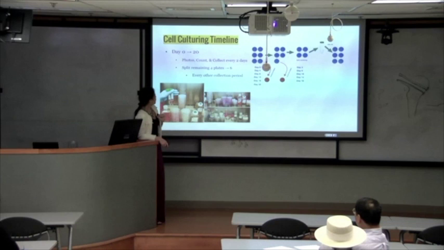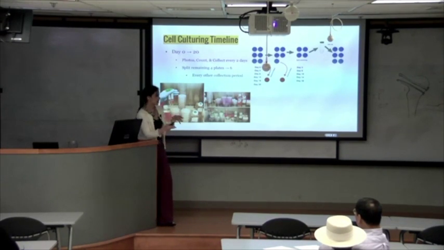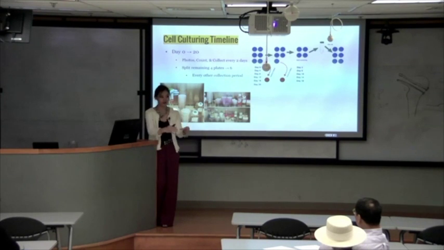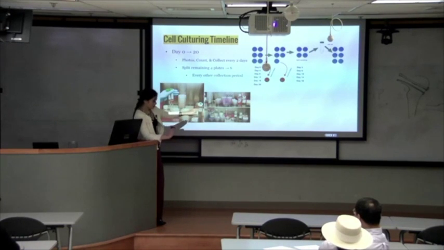Our cell culturing timeline for 20 days: something we did differently to account for the caveats of the preliminary work is we retained total cell growth from one phase and then equally distributed that for the next growth phase. And this was to ensure that we would have enough cells to collect, first of all, for 20 days, and also enough cells to collect every 2 days, since we were trying to collect so often. So we begin on day 0 here with 6 plates, and we collect one that serves as our day 0.